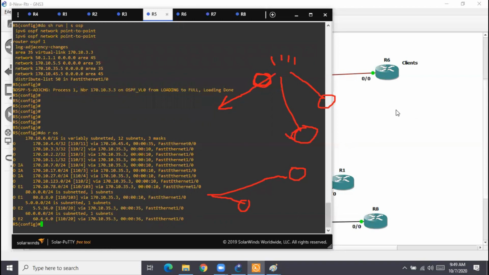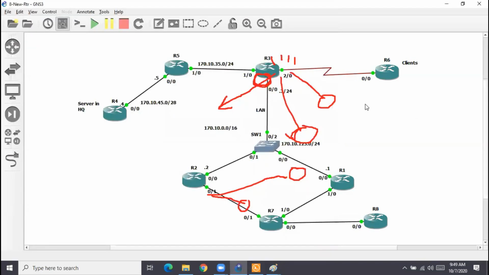What about R4 now? If we go to R4, will the route be present on R4 now? All the routes were coming to R5 like this. Over here I applied a filter, and this filter dropped 70 on R5, and then all the remaining routes got installed in R5, and R5 forwards the route to R4.